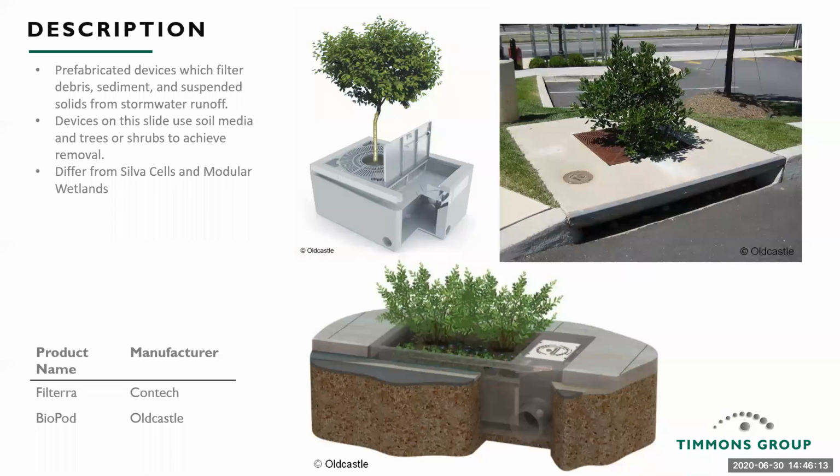They differ from the modular wetlands that were discussed earlier in that they take up less space, and they can be partially traversable by pedestrians. So you can have them up on the curb with your sidewalk on the back and still have people walk over them. Modular wetland systems have multiple plantings instead of just one. They have more of a marshy feel. So I feel like these inlet-style units are a little bit better applied to roadway projects. And they differ from Silva Cells that we discussed in that there's no detention component to these.